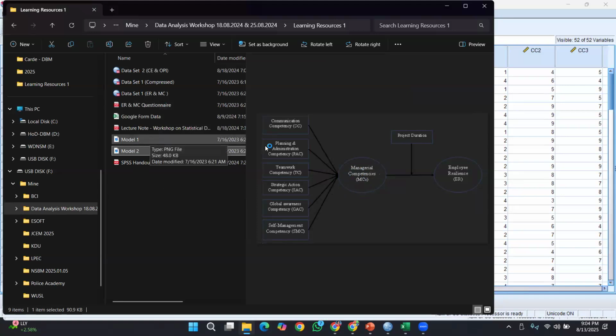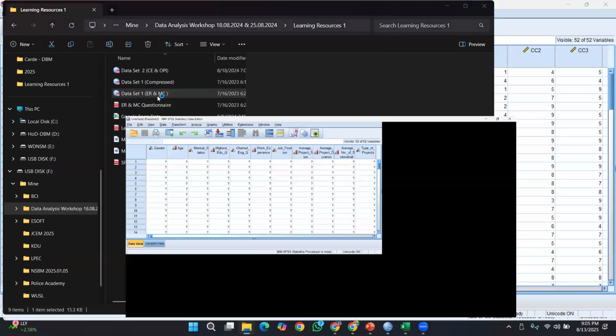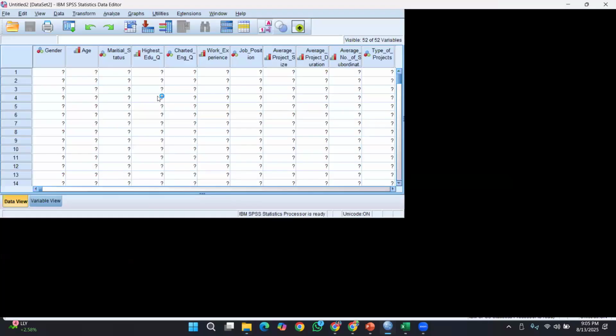Instead, you are going to have this as a direct relationship, right? And I will be drawing the same as well. First, I'm going to show you how we are going to get the data ready to be analyzed.